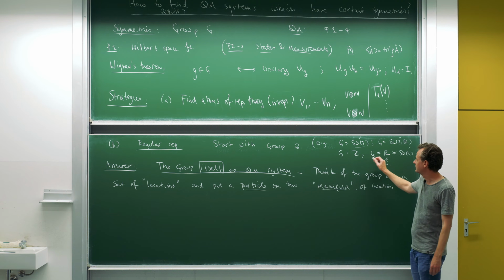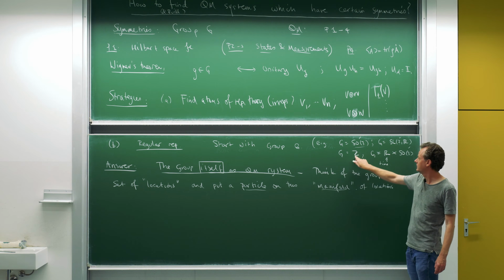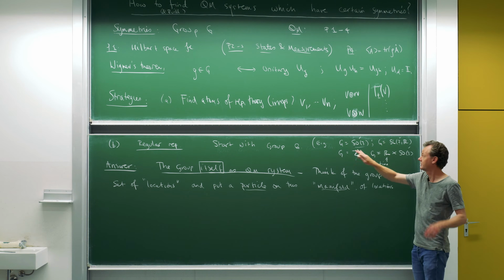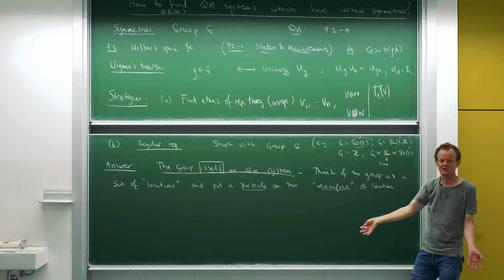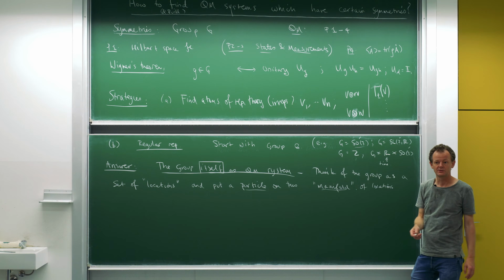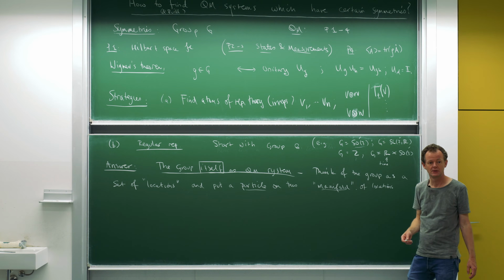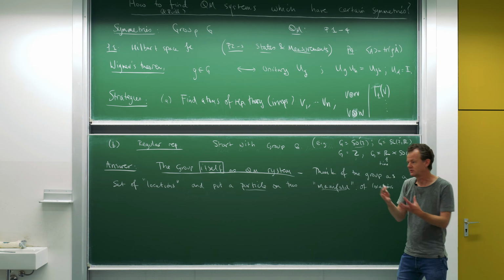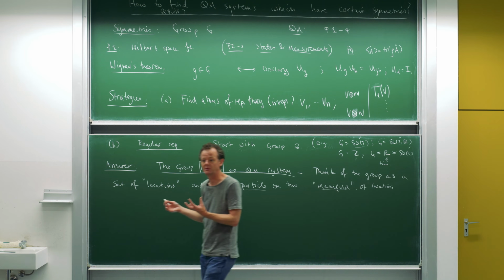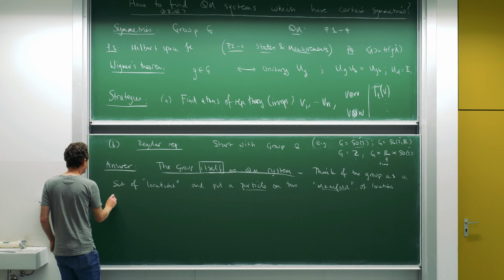Rather, you think of a particle that's sort of allowed to jump around on a lattice here, or allowed to move around on this, it looks like a sphere, this manifold here, it's a slightly generalized sphere, and so on and so forth. And that sort of immediately suggests what the Hilbert space should be, right? According to